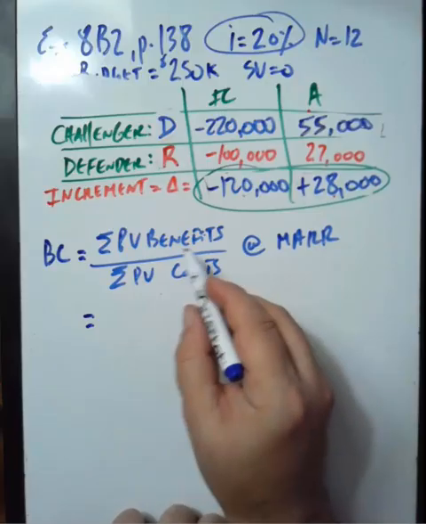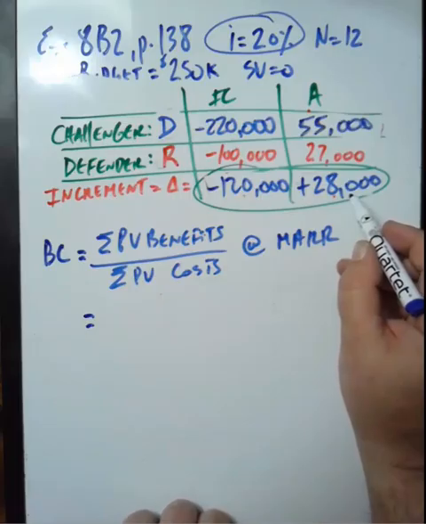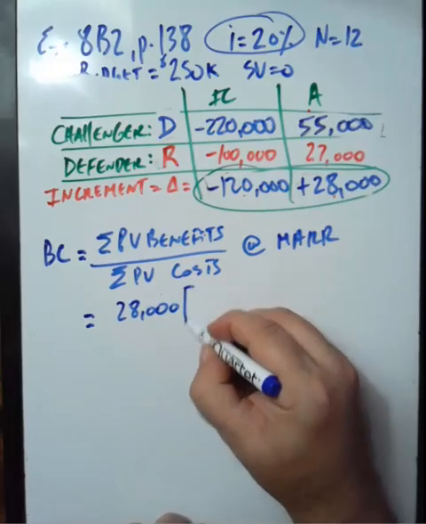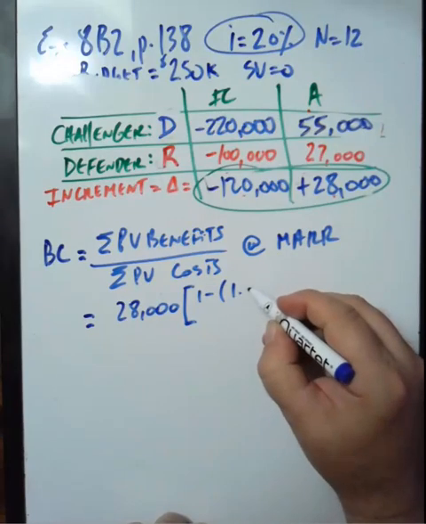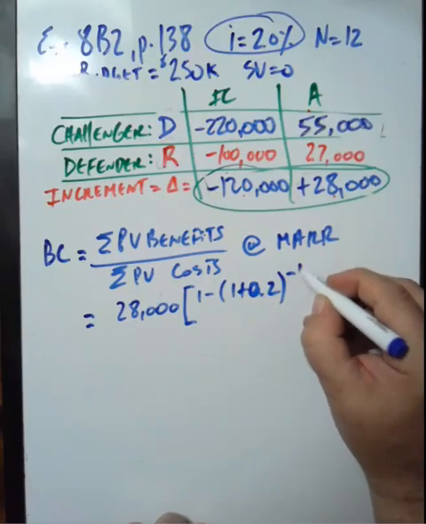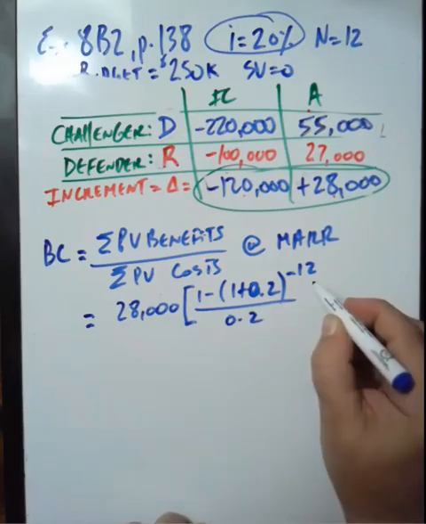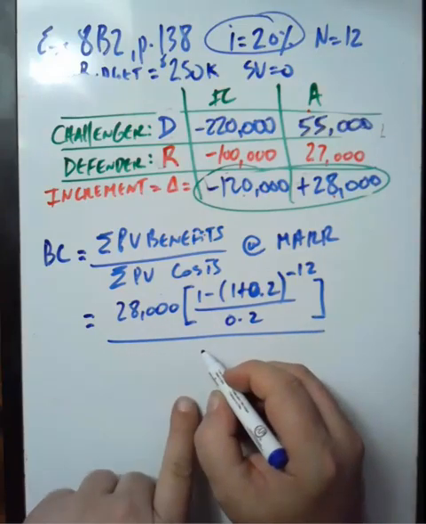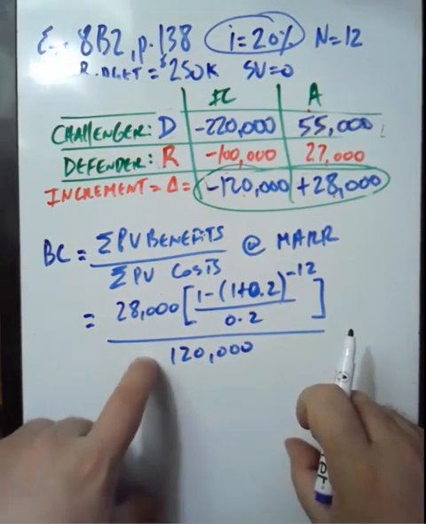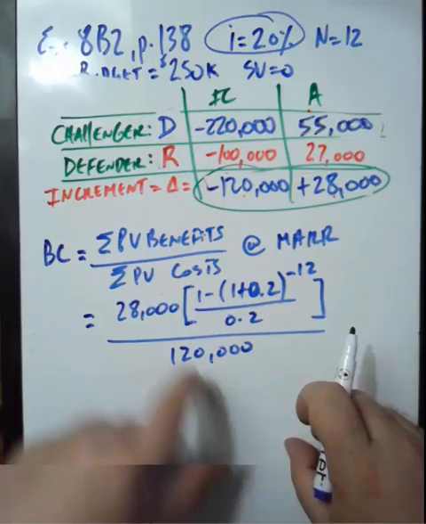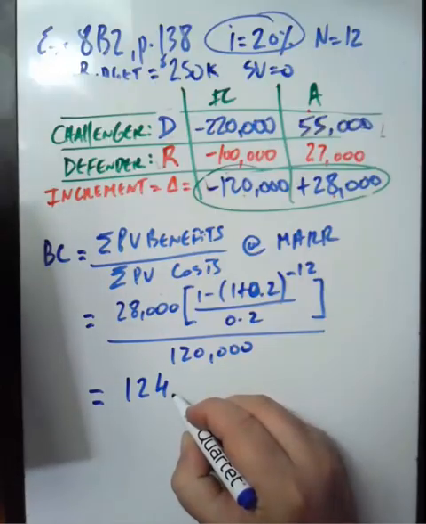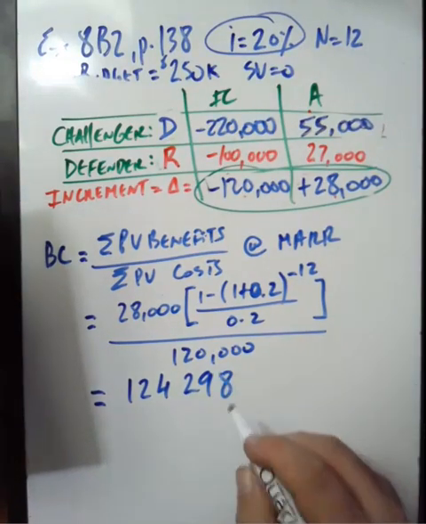So, the present value of the benefits is the extra in annuities. So it is the present value of these extra 28,000 discounted at the 20% minimum acceptable rate of return over 12 years, divided by the present value of the costs, where the cost is 120,000. Recall, I'm not using the negative sign for 120,000 because it's already a cost by definition. So this would give 124,298 as the present value